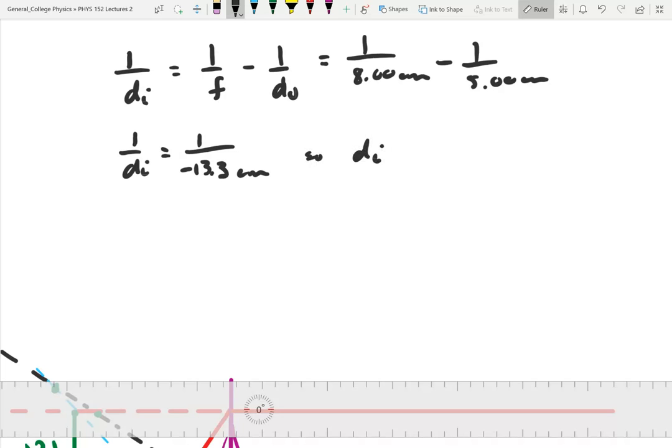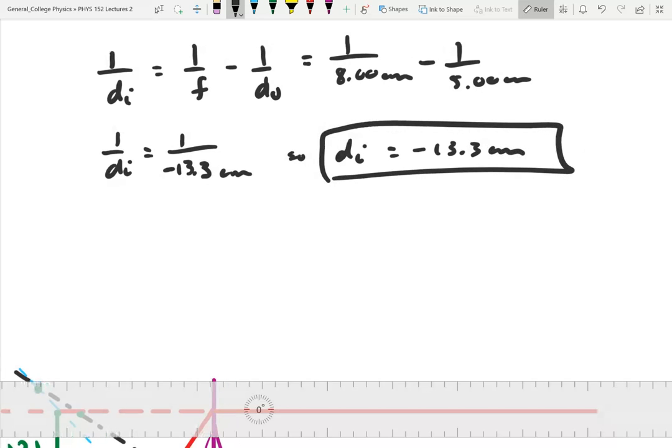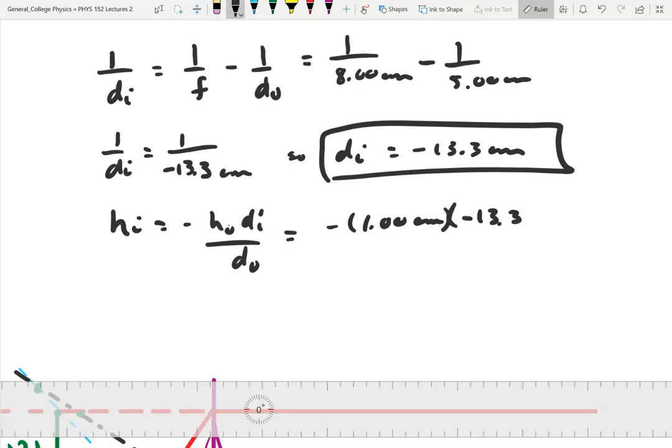So distance image should be equal to minus 13.3 centimeters. And then the height of the image is minus height of the object times distance image over distance object, equals minus 1.00 centimeters times minus 13.3 centimeters divided by 5.00 centimeters. And so that's going to give us